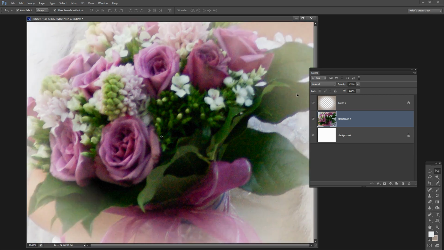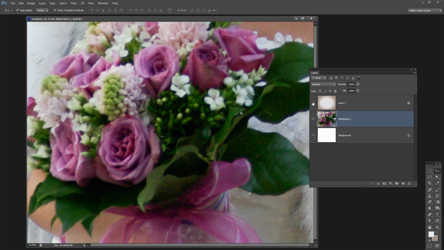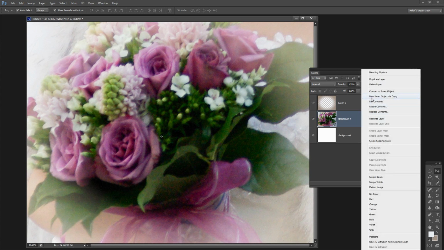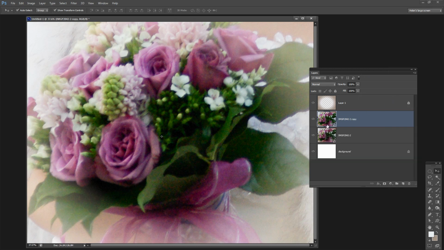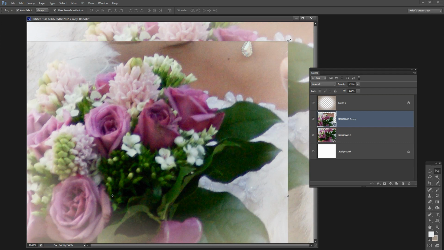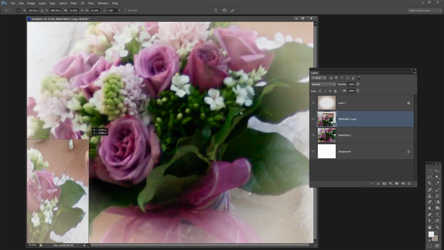It has a special little smart object icon. And I'm just going to show you that we have this vignette which is separate and it just goes over the top. Now, we want to create another smart object, but we want this smart object to be unhooked or unlinked to this one. So I'm going to right click and I'm going to choose New Smart Object via Copy. And what that does is makes a copy of the existing smart object as a separate layer, but it is not linked to the original layer. So now if I go into this and resize it,